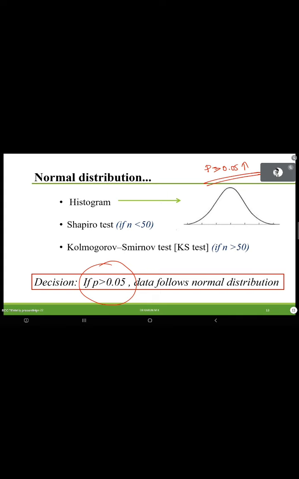In statistics, whatever assumption you are checking using any software, please note, if the p-value is greater than 0.05, the assumption is not violated. Here we are checking the normality assumption, and that assumption is not violated. So the decision rule based on the Shapiro and Kolmogorov-Smirnov tests is: perform the test using any software, look at the p-value, and if that value is greater than 0.05, you can say your data follows normal distribution.